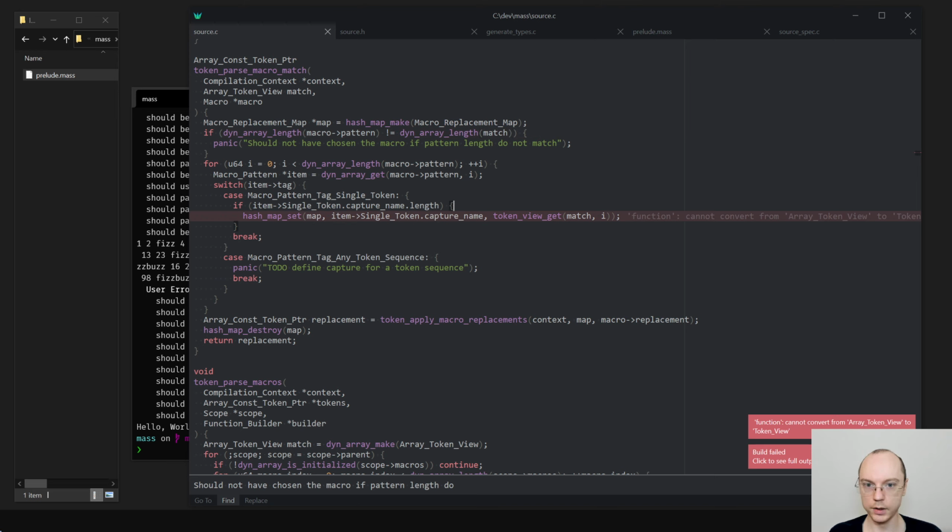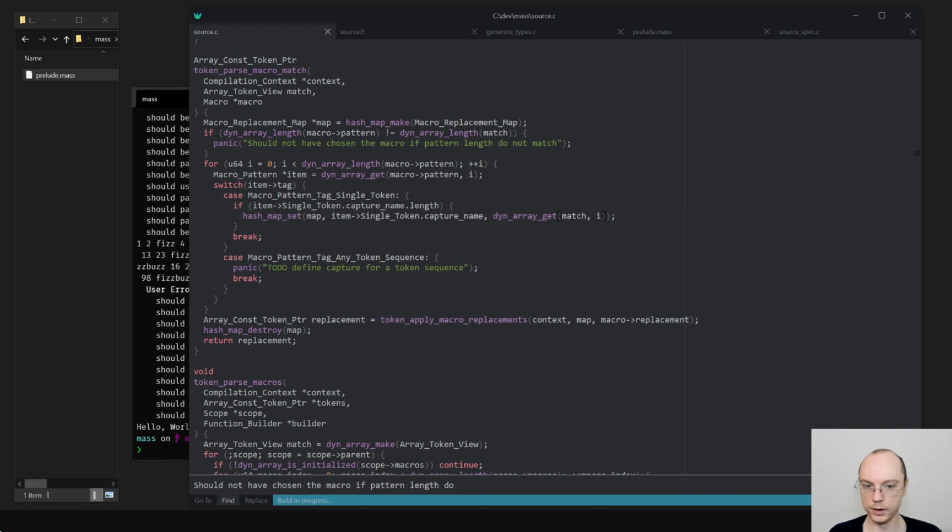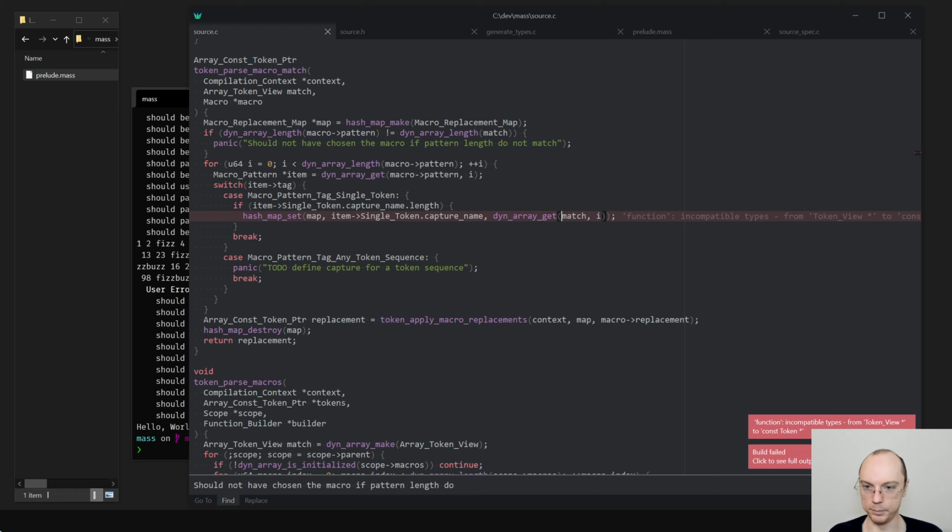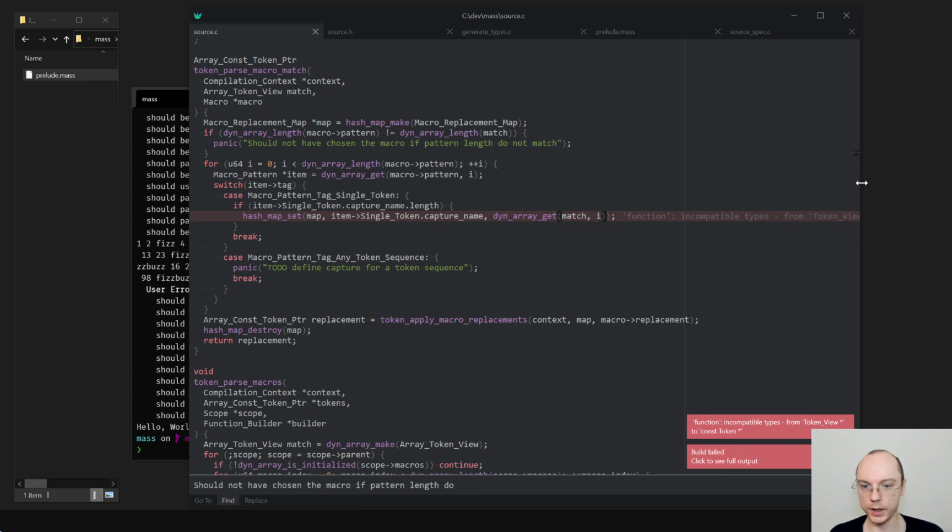Okay. Dynamic array get. Yeah, this says I cannot put a token view there where I expect it to have a token.